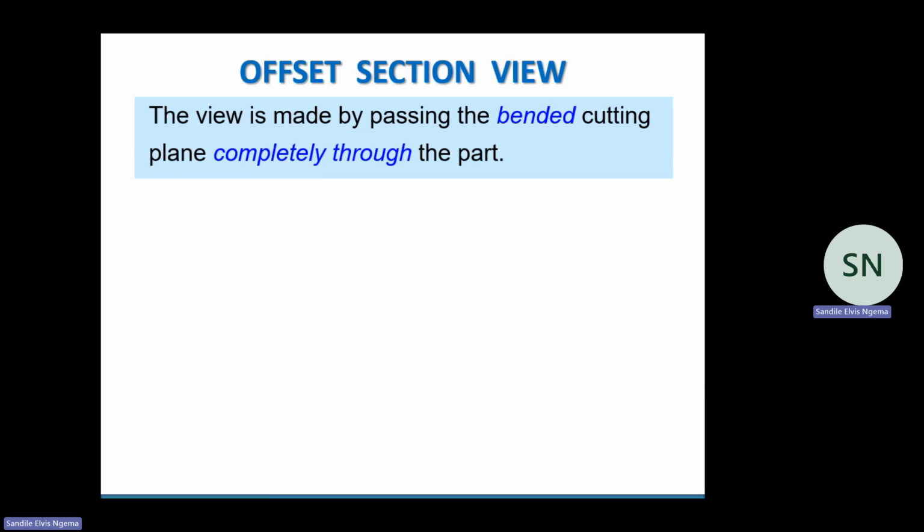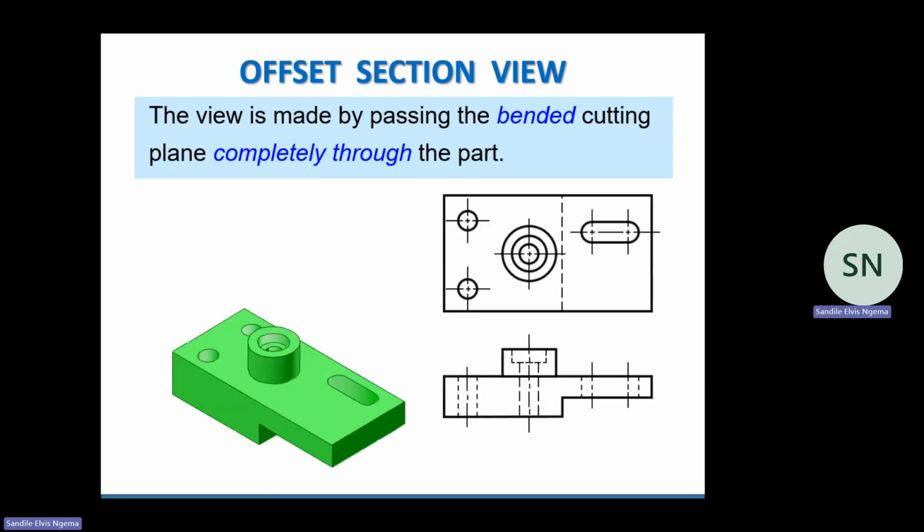Okay, so here's our block again, and then we've got our two views, which is the top view. This is the top view of the drawing. It means if you are looking at the drawing from this side, this is what you see. And if you are looking at this drawing from this side, this is what you see. And you can actually see that from our front view,